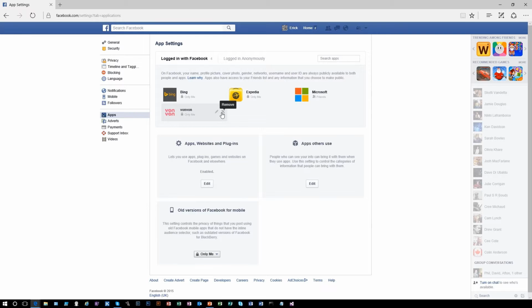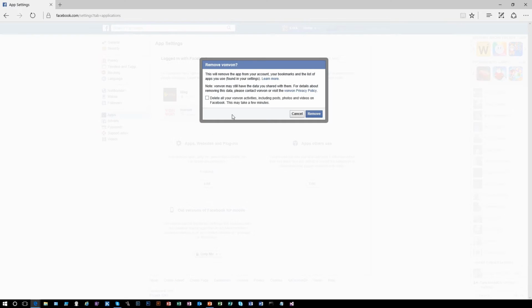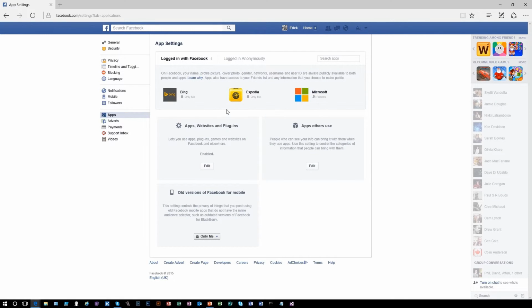So you'll notice that Vantage is now in my profile because I let it have access. I logged in, I let it have access, but I didn't allow it to see who my friends are or what my timeline posts are. I'm actually going to remove that right now. And the way you do that is by hovering over the name of the app, and you'll notice that when you hover over to the right, you'll be able to edit the settings for the app, and you'll be able